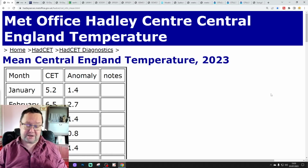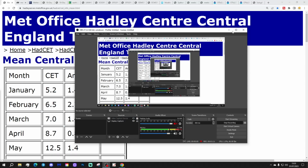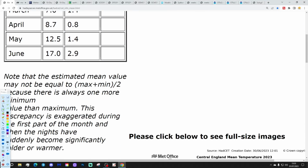Now, going to start off with Central England Temperature. We have got June's CET confirmed. So here we go, and yes, there you see it, 17 degrees for central temperature for June 2023. That's 2.9 degrees above average. That is a very significant number, because it means that we have had our hottest June confirmed for